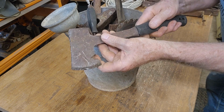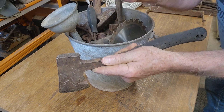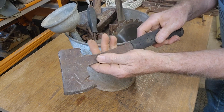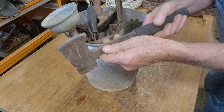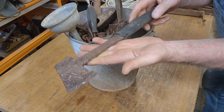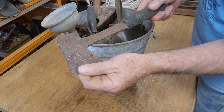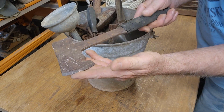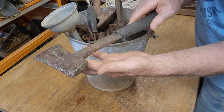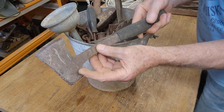The axe itself has been used and abused. It's flared out on the top here where someone's actually been hammering it, using it as a chisel. The blade doesn't seem overly nicked. I don't know if it's going to be branded. It's at least a $10 piece like that. And it's sort of a handy tool, whether you're even just chopping up some kindling for your shed fire or something. I don't need to keep it here. I've got plenty for my use. And I'm not going to try and clean this one up much more, but we'll put that in the shop